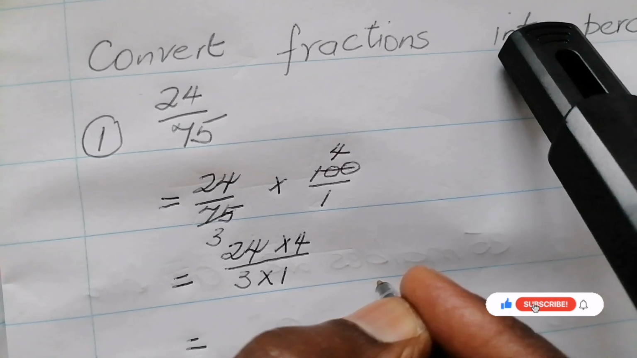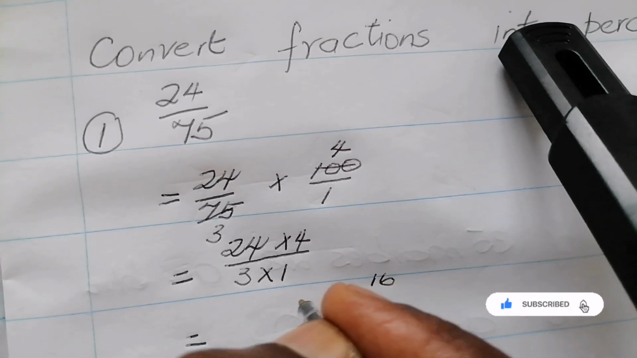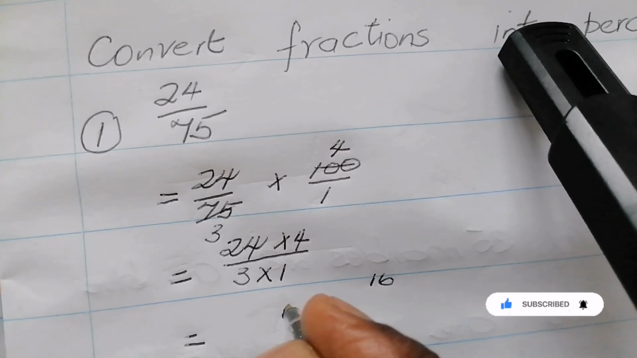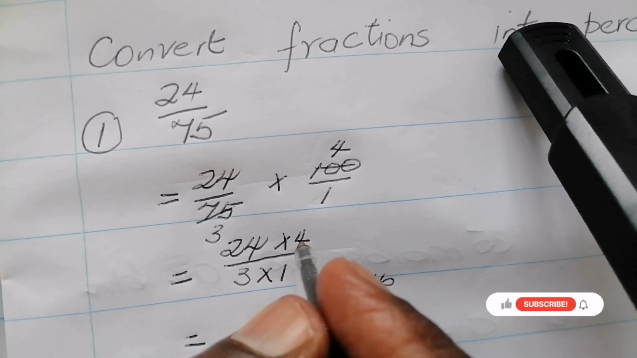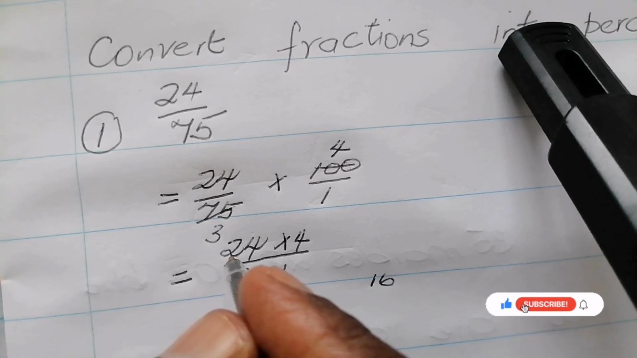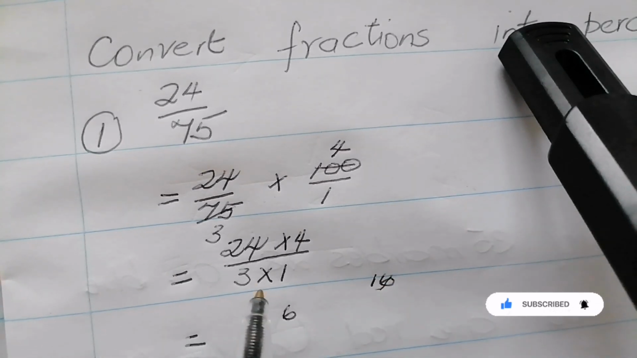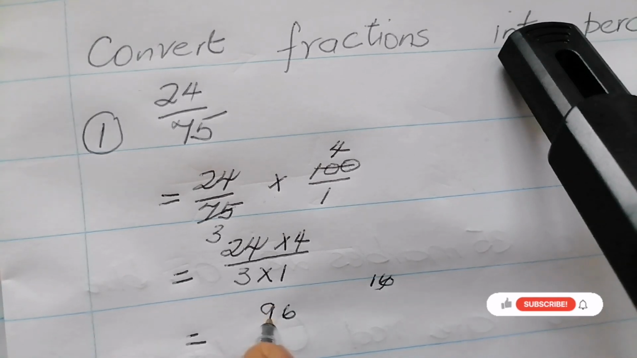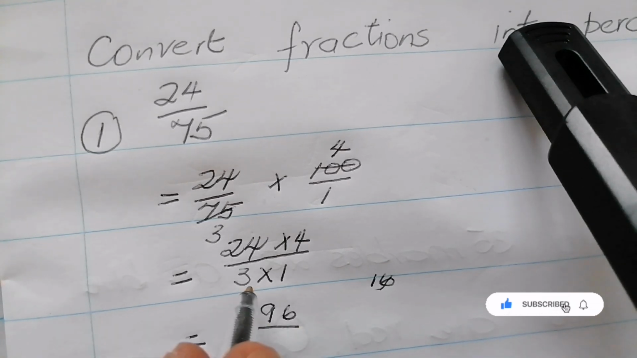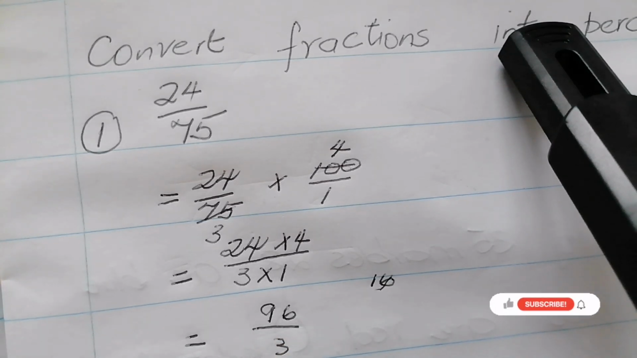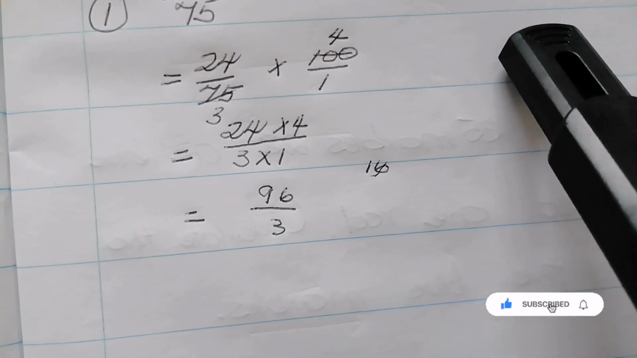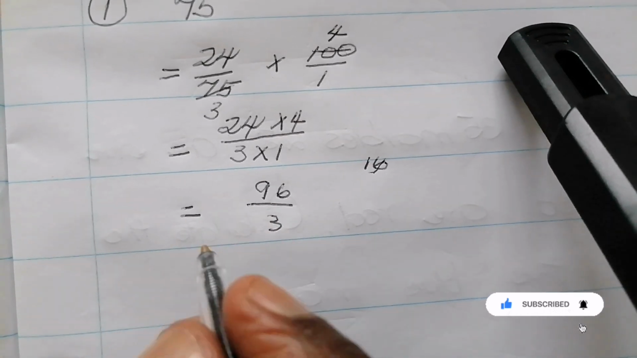16, take that 6 and put it there, 6. 4 times 2, 8, plus 1, which is equal to 9, over 3 times 1, 3, is equal to